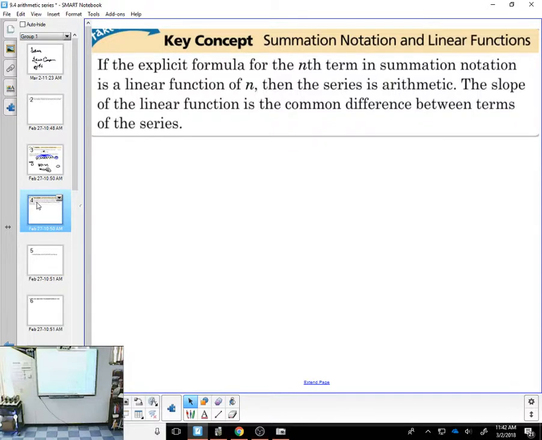Here's what you also need to know. Something else we're going to be doing: summation notation and linear functions. This is arithmetic series. So arithmetic series, I think you've noticed that they all have a linear equation, don't they? Okay? And the other important thing here is summation. If the explicit formula for the nth term in summation notation